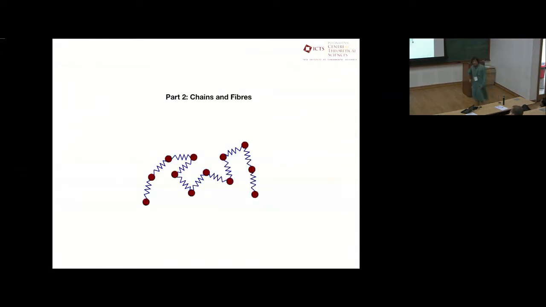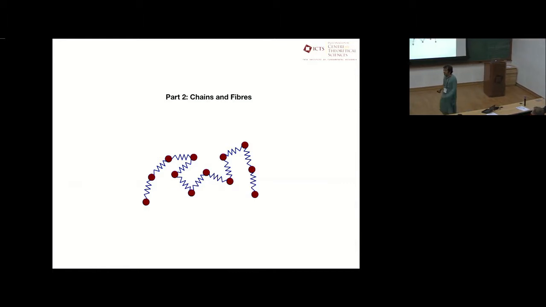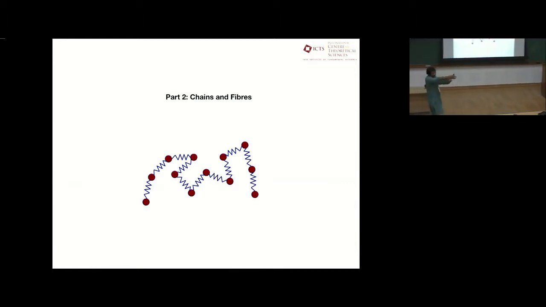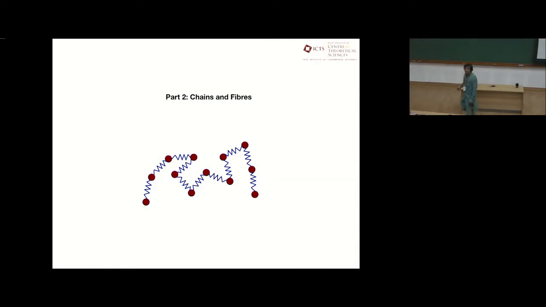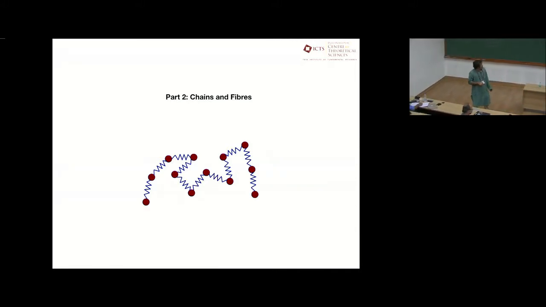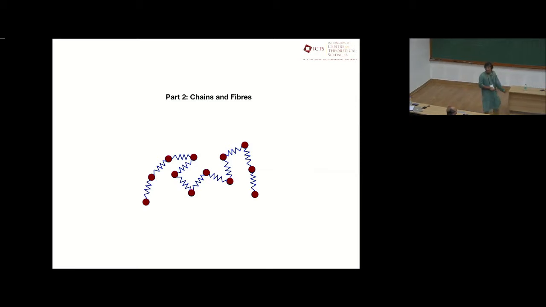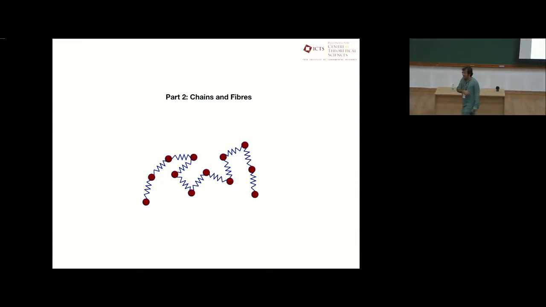I have 11 minutes, I should be done soon, but this is something that both Jason and I are very excited about, so I'd still like to discuss this briefly, if I may. This brings me back to what happens when you have particles which have internal degrees of freedom. The extended object that I'm going to briefly talk about is a prototype for a chain or a fiber. At the end, I'll say, please don't take it too seriously. It's very far from a fiber, but for a title slide, it's all right, I suppose.